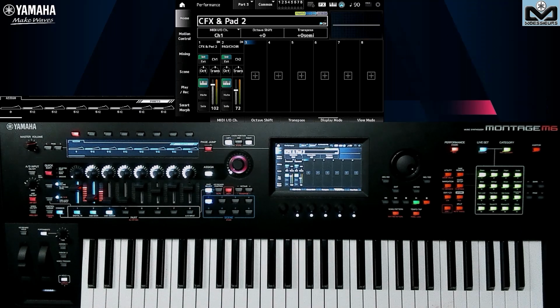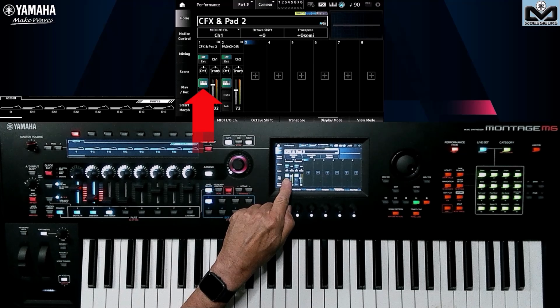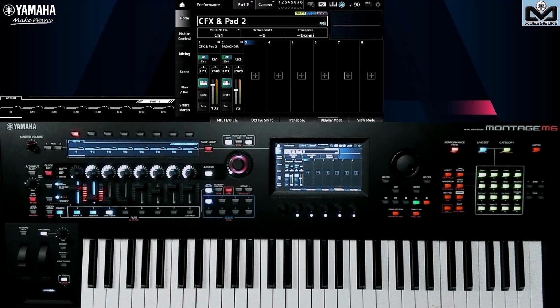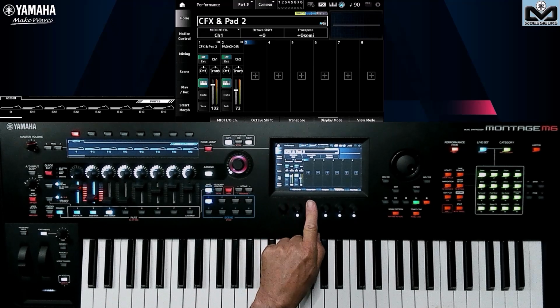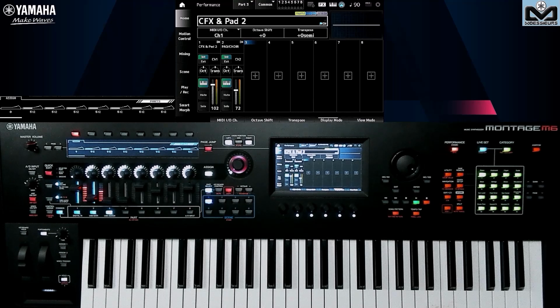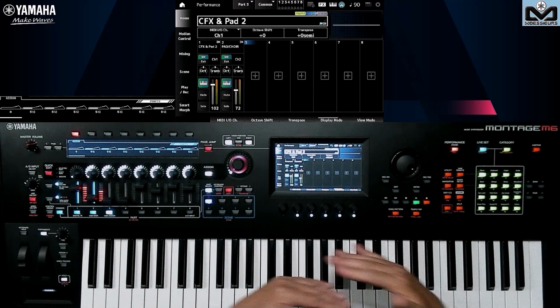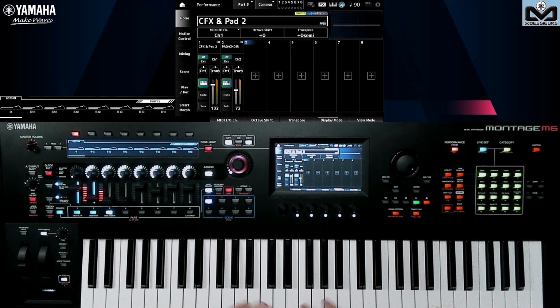What are keyboard controls? It's this little green pad above my finger. Personally, I compare it to a local control on-off, but for the part. In simple terms, do I play the part or do I not play the part with the others? So all the parts that are under keyboard control, here there are 2. I can go to 3, 4, 5, 6, 7, up to 8, only parts from 1 to 8. All these parts can be played together from your Montage M keyboard, whether split, separated on the keyboard, or layered, one on top of the other. As long as they're under keyboard control, you can play them together.